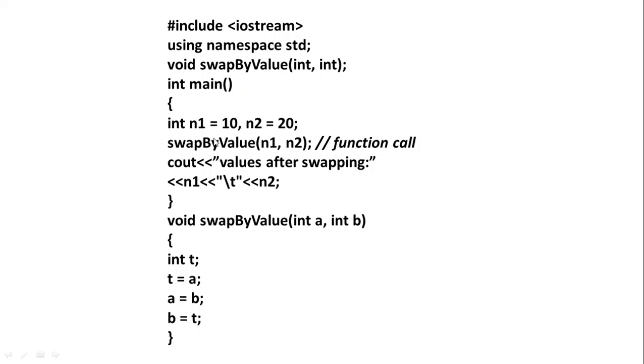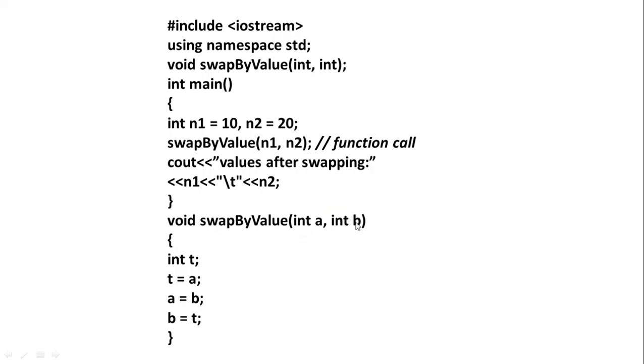And within the main function, here we are declaring n1 equal to 10 and n2 equal to 20, and this is the function call, swap by value, that is the function name with two inputs n1 n2. That means whatever inputs are given, we have to swap them, and this is the function call, right? What will happen is the n1 value will be passed here and n2 value will be passed here. When the function calling occurs, the compiler control will flow to here, right? And here we have to swap them. And what are the operations if two inputs are declared, and these are the formal parameters, right?